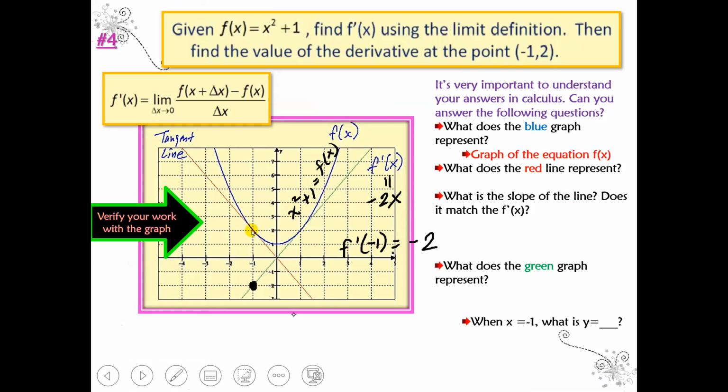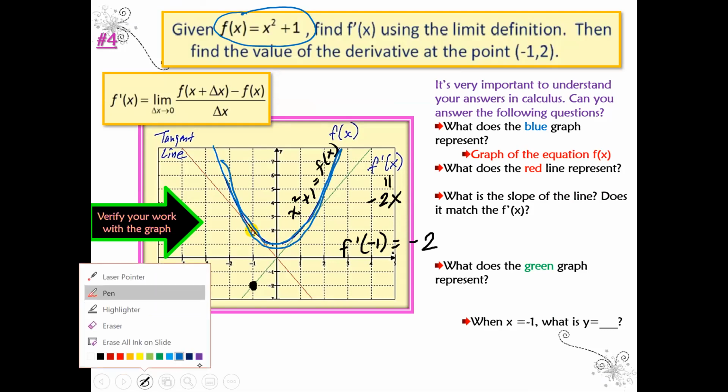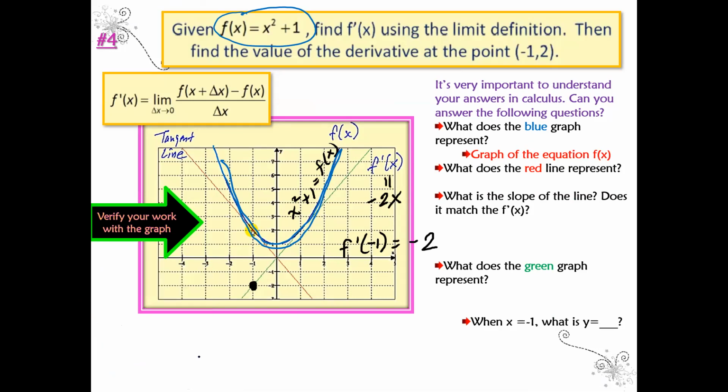Okay, if I were to visually think about this formula here, the f of x equals x squared plus 1 is going to be this blue line right here. And then my derivative is going to be 2x. At this point, -1, 2, which is right here, my slope from this point, you're going to have a slope of